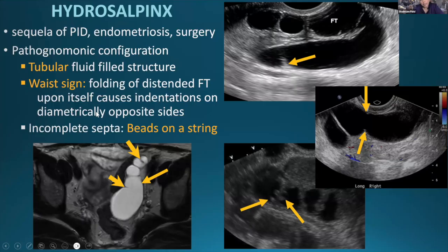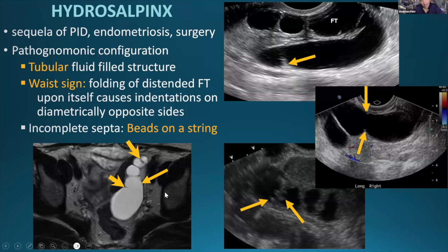There's a couple of other signs that are described in radiology, predominantly in ultrasound, for hydrosalpinx. So one of these is the waist sign, and what it is basically is the folding of the distended fallopian tube upon itself causing indentations on diametrically opposite sides of the tube. Like in this ultrasound image, the orange arrows are showing you the waist sign within a right hydrosalpinx. This T2 weighted axial MR image through the pelvis again shows a hydrosalpinx with the waist sign delineated by the